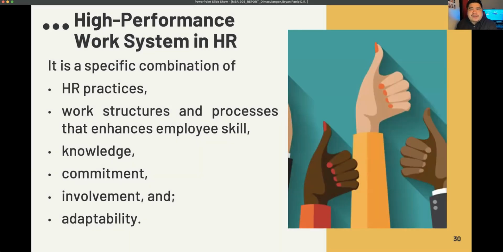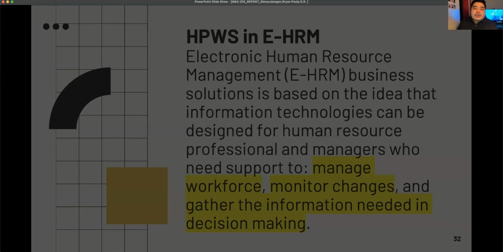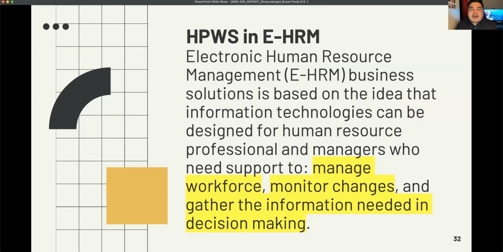Now, high performance work system in HR is a specific combination of HR practices, work structures, and processes that enhance employee skill, knowledge, involvement, commitment, and adaptability. To achieve this, the Human Resource Department must design an HPWS that will create an environment that also adapts with the new technology. HPWS in EHRM, or Electronic Human Resource Management Business Solution, is based on the idea that information technologies can be designed for human resource professionals and managers who need support to manage workforce, monitor changes, and gather information